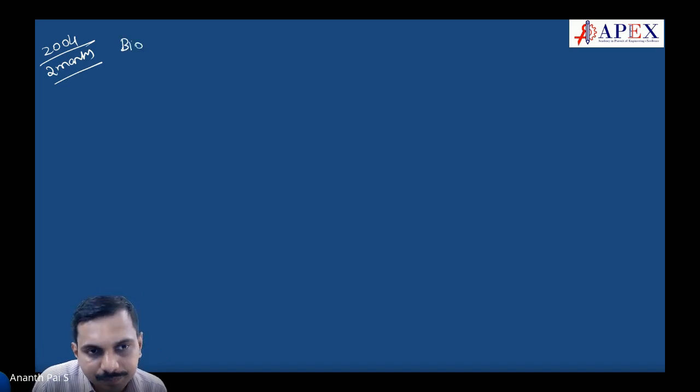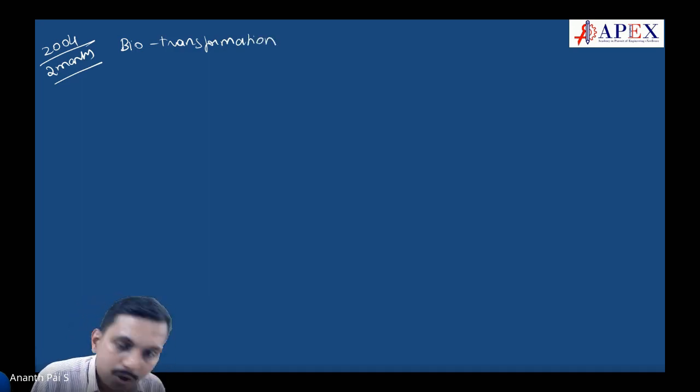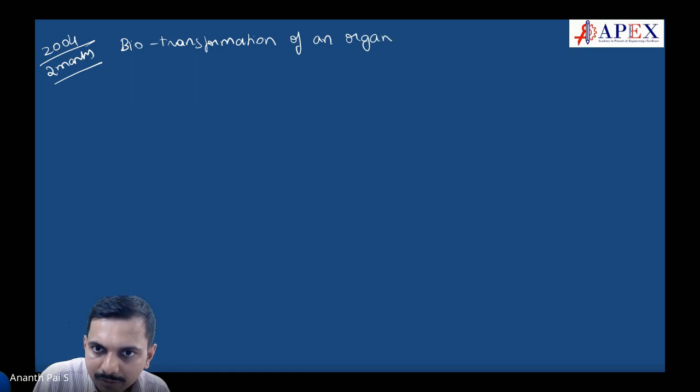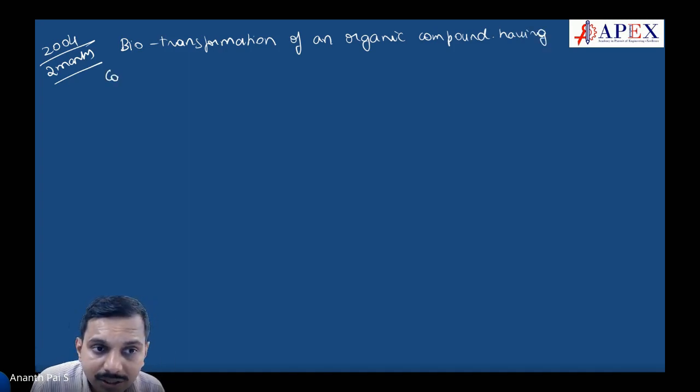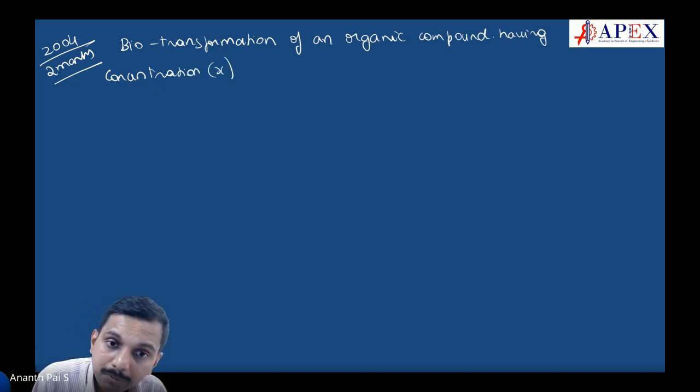Biotransformation. Write it along with me, students. Biotransformation of an organic compound, of an organic compound. Biotransformation of an organic compound having concentration. See where and all it is used. Having concentration X can be modeled